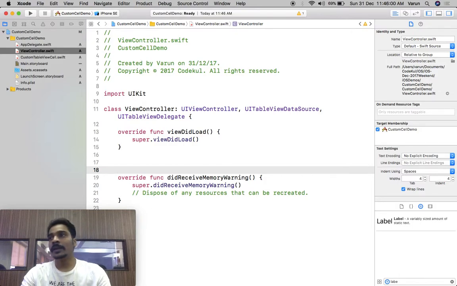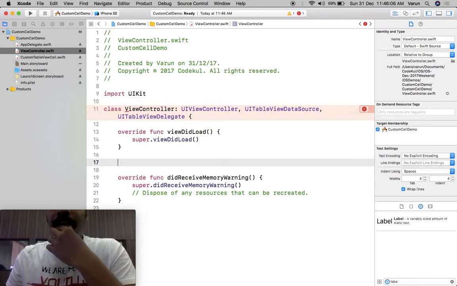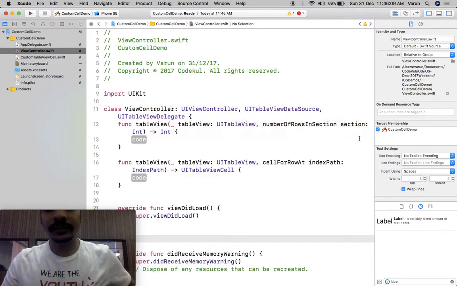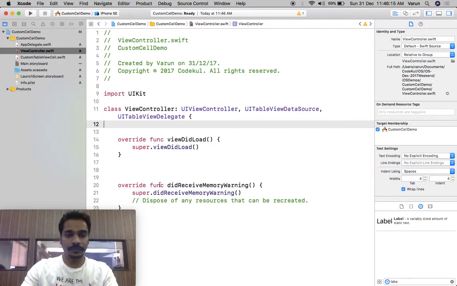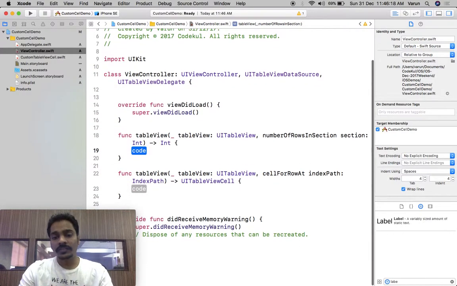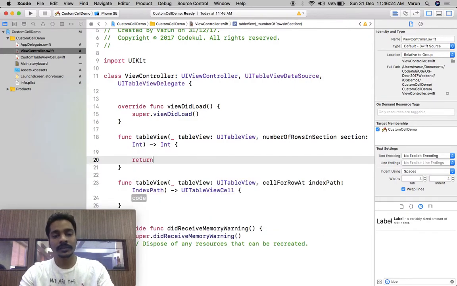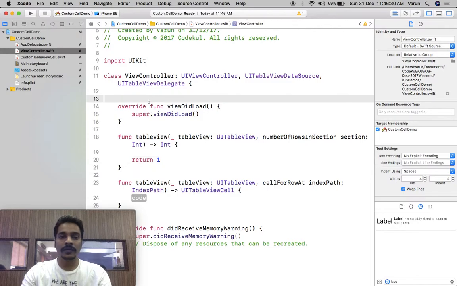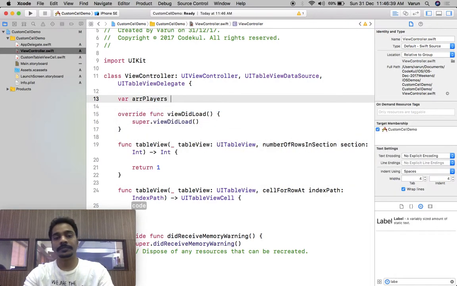Now we need to implement some methods. So I'll not be implementing the method which is number of sections, because I will have only one section, right? Now here I will return players. So before returning anything, I will create one array, right? That will go like this: var arr players of type array with,